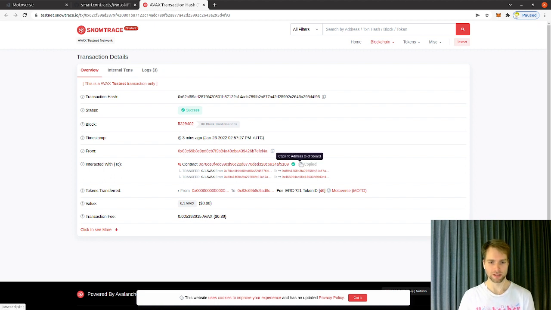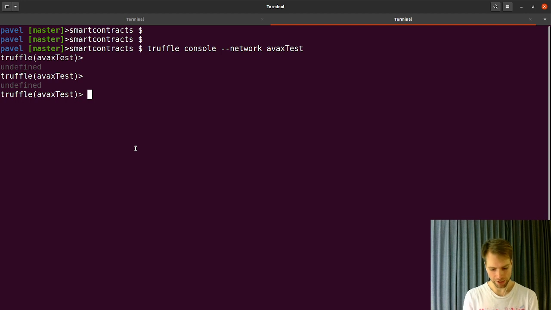So let's just copy that. And back in our terminal, you have all the artifacts or the contracts available in this space, so you don't need to load anything. You just press tab for autocomplete, and it works.